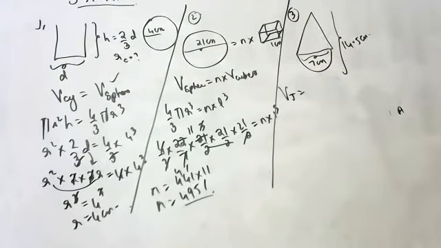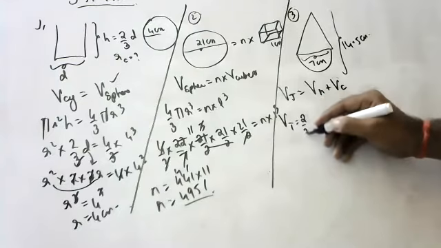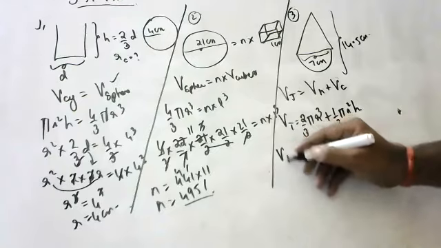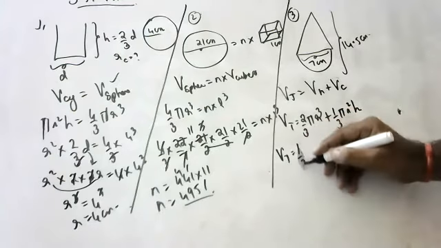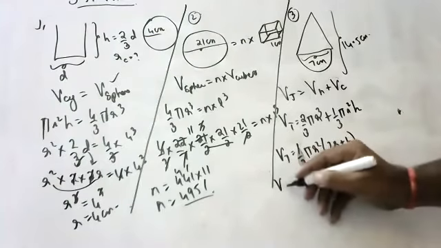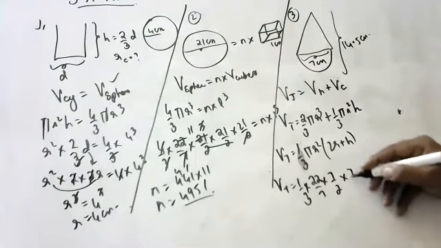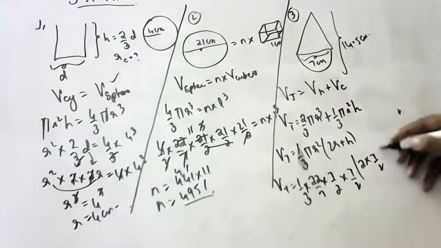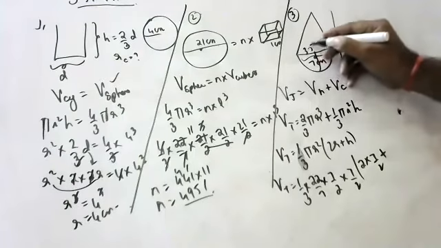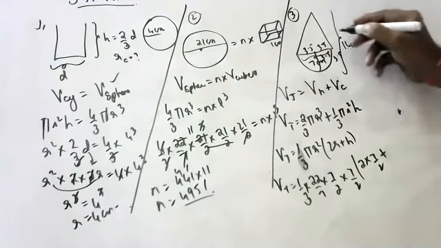Volume of the toy is equal to volume of cone plus volume of hemisphere. Volume of hemisphere is 2 by 3 pi r cube plus volume of cone is 1 by 3 pi r square h. So what is common? 1 by 3 pi r square, into 2r plus h. So volume of toy is 1 by 3 into 22 by 7 into 7 by 2 into 7 by 2 into 2 into 7 by 2 plus h. No, this is 3.5, 3.5, 3.5. Remove 3.5 from 14.5, 11